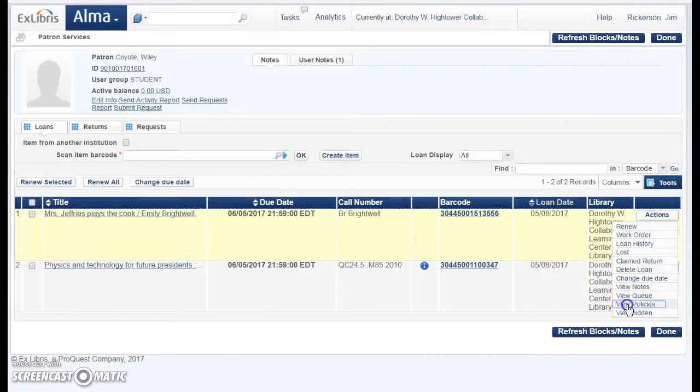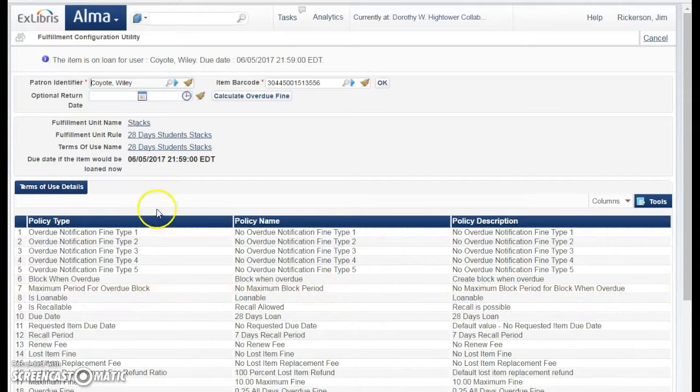If you go to Actions and View Policies, you'll be able to see the terms of use that was used, 28-day student stacks, and you'll be able to see the due date here, which is 28-day loan. In Alma,